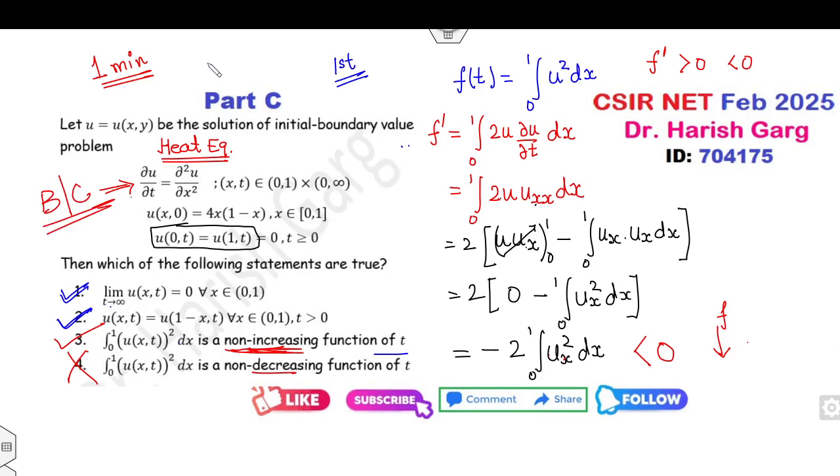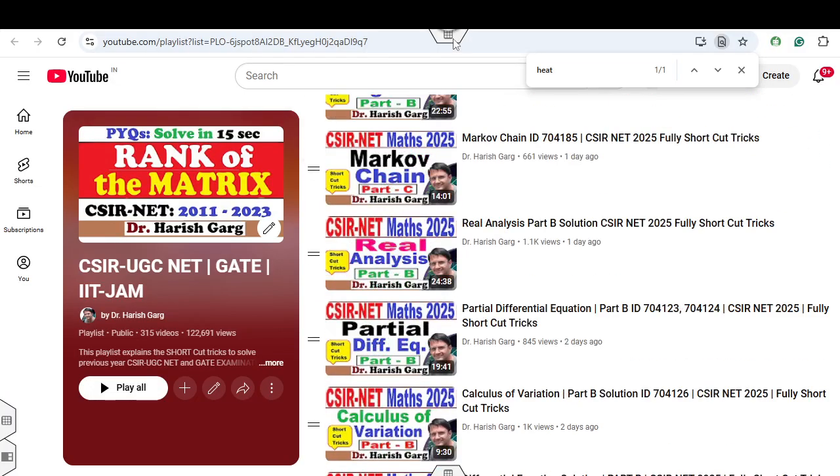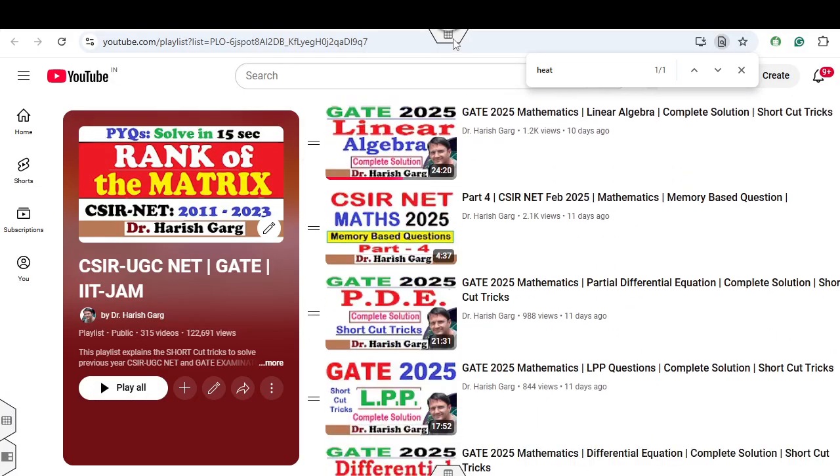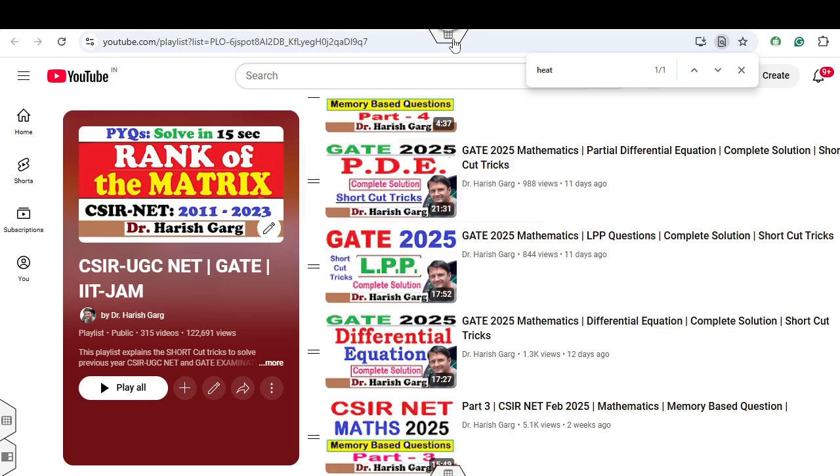सिमिलर क्वेश्चन ये गेट 2025 के पेपर में भी आया हुआ है. सेम क्वेश्चन. The only difference is instead of the 4 it is my 2 in the GATE 2025. For more details, you can see this lecture of the GATE 2025 partial differential equation. अगर आप ये लेक्चर सुनोगे आपको लगेगा सेम क्वेश्चन था एंड यू कैन सॉल्व इट इजिली विद द हेल्प ऑफ